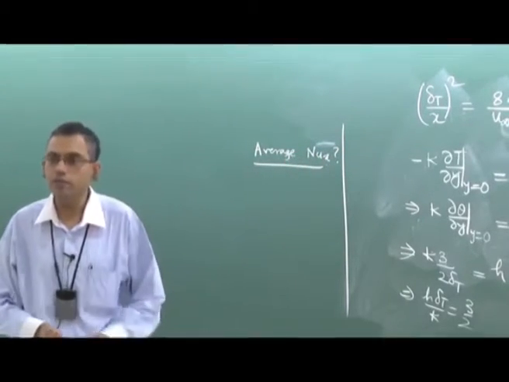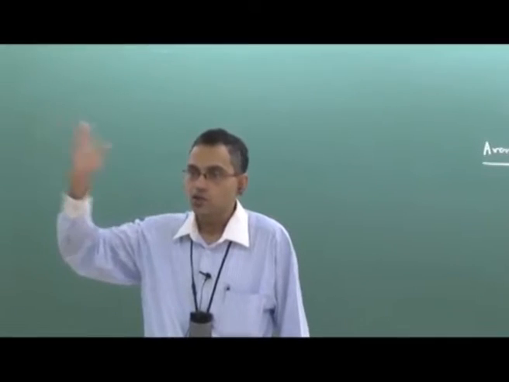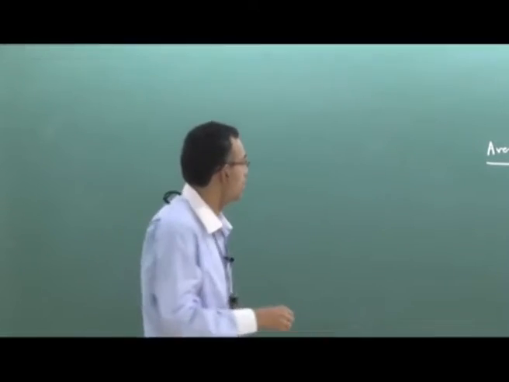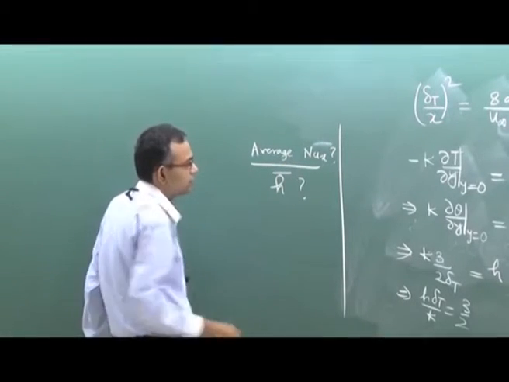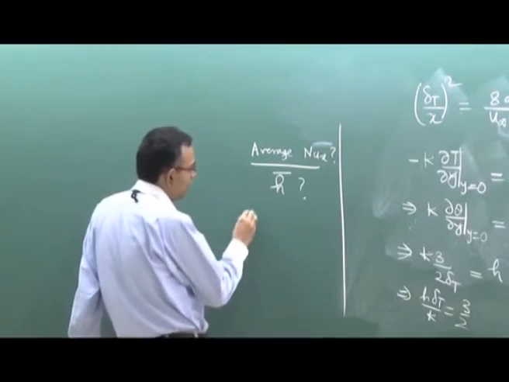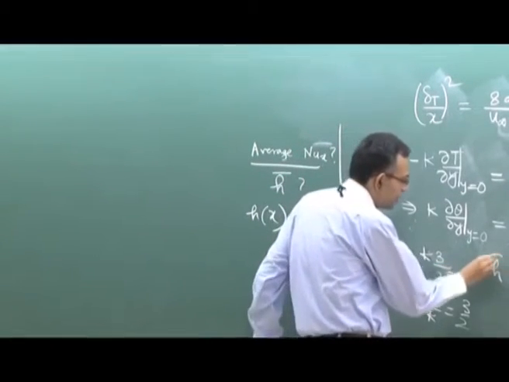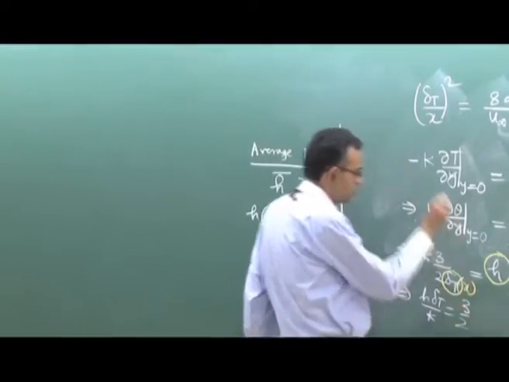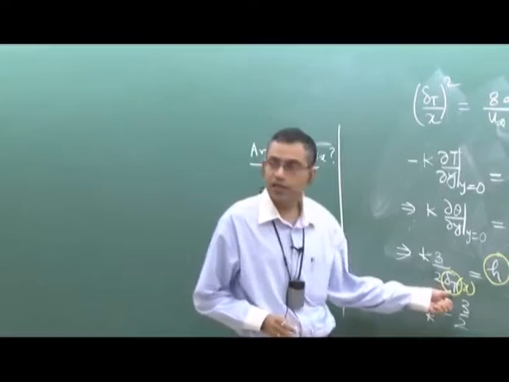Why is average Nusselt number important? Because Nusselt number is a function of x. So along the length of the plate it will vary. So if somebody asks what is the average heat transfer coefficient, how will you calculate it? So in other words, what is the average heat transfer coefficient? So you can see that h is a function of x. Why is h a function of x? You look at this expression, h is a function of delta t and delta t is a function of x,